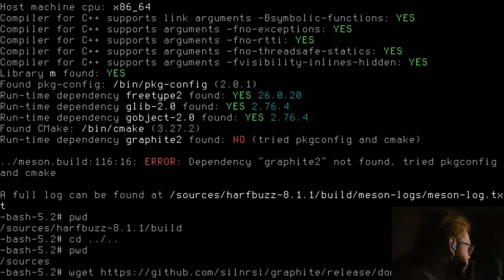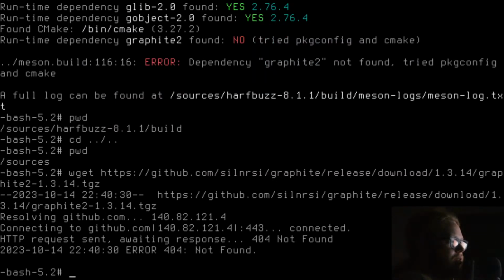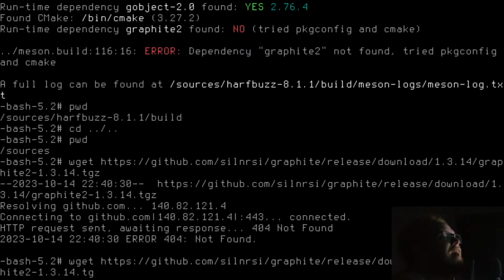Graphite2, recommended. Oh my god. I have found an error.